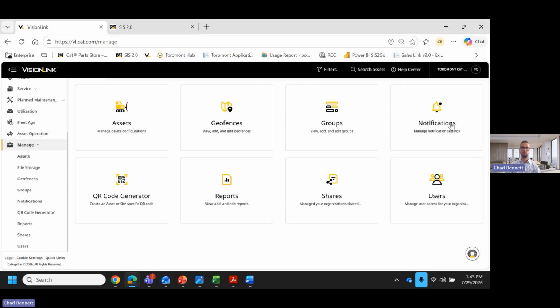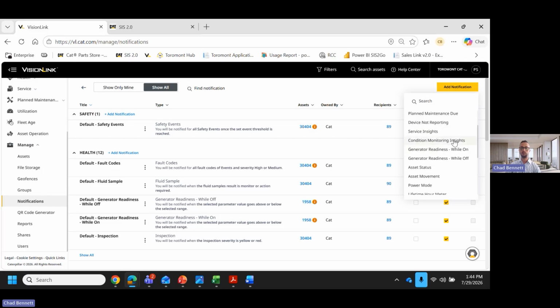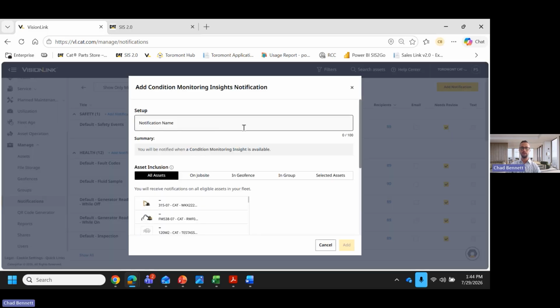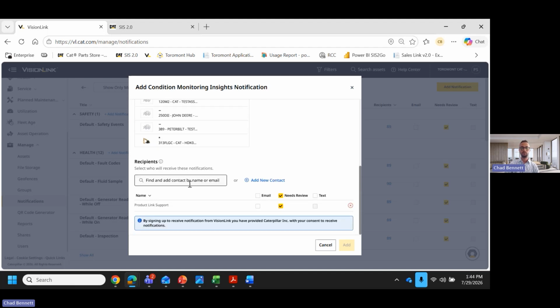Manage notifications. This is for your fault codes, alerts, condition monitoring, service insights, tasks. It could all be updated or be created for yourself based on how you'd like to be notified, right? So if you need to be notified through email, you could go here and let's say you want to select condition monitoring insights. Give it the name of what notification is supposed to be, select the equipment that you need. You could either select the ones that are on a job site, in a geofence, or in a group. Select all of those, enter your email address,